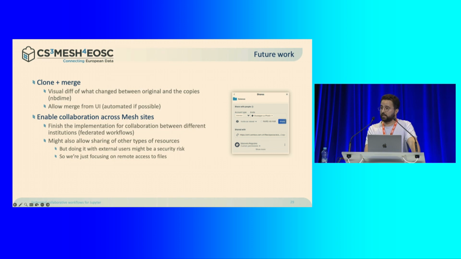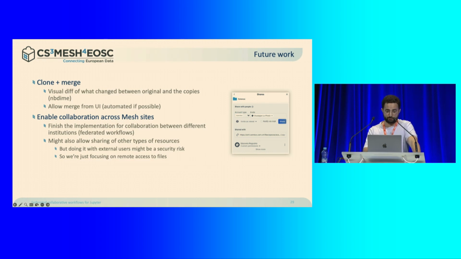There is still some work to be done on this plugin that we're still doing. As a user that cannot access the notebook and had to create a copy, you are working in a separate and split copy of the original. But then what? Of course, you might want to merge these changes. So this is something that we are trying to do to help users get there. It was mentioned a couple of times today already, this NB time, and we are using this. What is also missing, and we still need to finish some tests, is to enable the real access to the mesh, because we've done this, but we still need to do some tests to be able to share